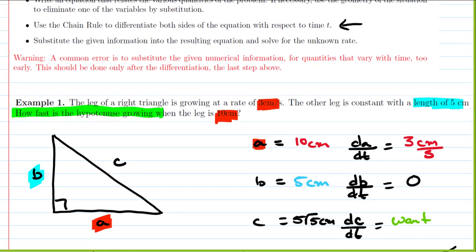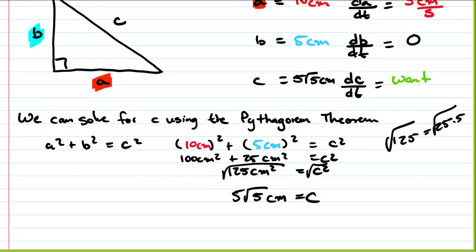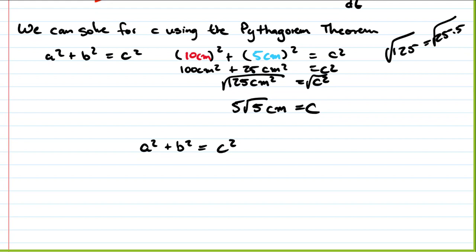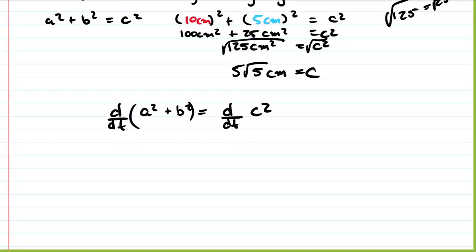So we're going to need to use the Pythagorean theorem again as we do this step, because that's our model for this part. We need to use the chain rule to differentiate both sides of the equation with respect to time. So our relationship between a, b, and c is the Pythagorean theorem. So if we take our derivative of both sides with respect to time, the derivative of a squared is going to be 2a, and then by the chain rule, we're going to get